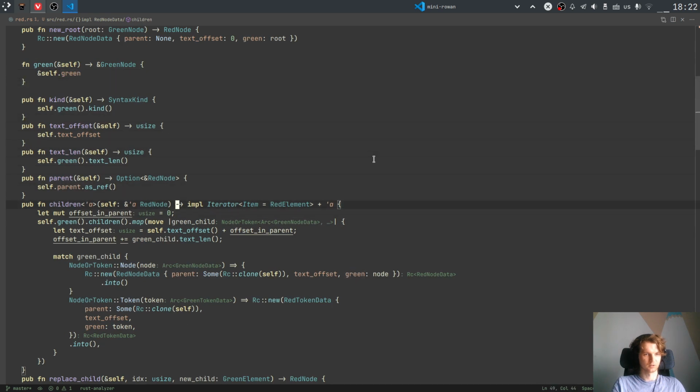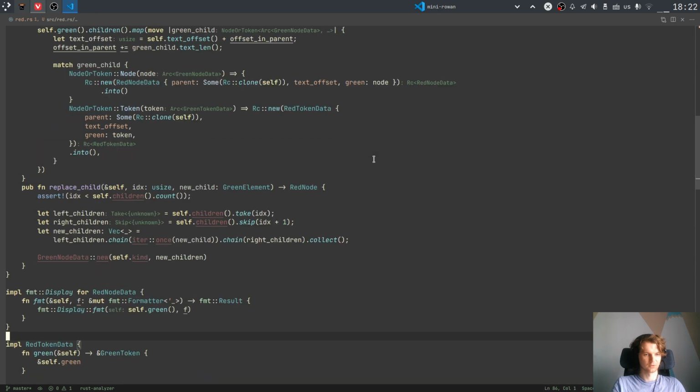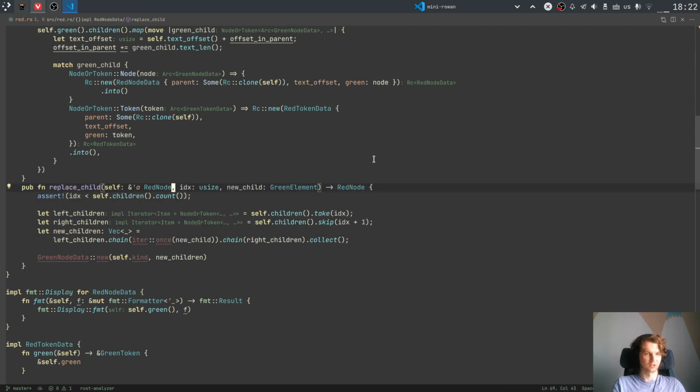And again, this will need accept reference. It's interesting, like when I originally designed Rowan, this syntax wasn't stable. You wouldn't be able to write methods for args. But now that it's stable, I wonder if it has repercussions for the Rowan API. Maybe we could simplify stuff using this. Anyway,